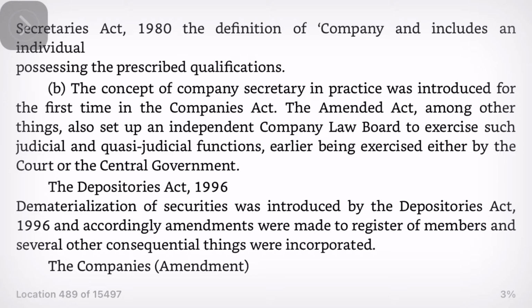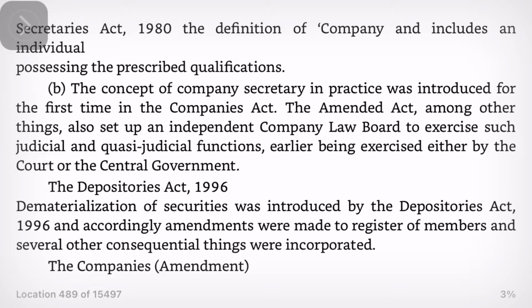The Companies Amendment Act 1999. The following major changes were made to the Companies Act 1956. A. Companies allowed to issue sweat equity shares and to buy back their own securities. B. Facility for nomination provided for the benefit of share, debenture and deposit holders. C. An Investor Education and Protection Fund to be established. D. National Advisory Committee on Accounting Standards for Companies to be established. E. Prior approval of the central government not required for intercorporate investment and lending proposals, subject to certain conditions.